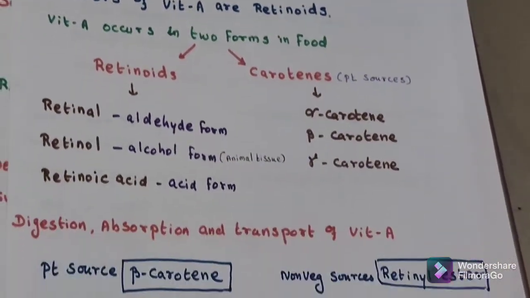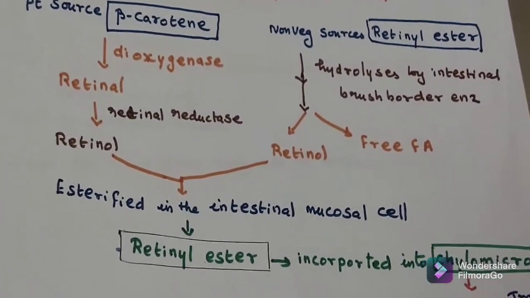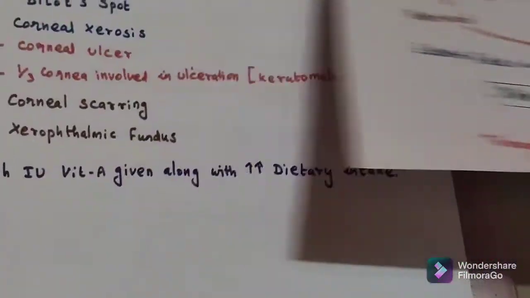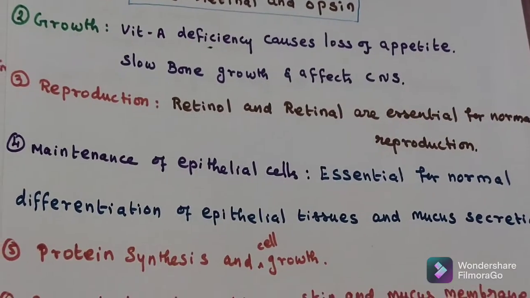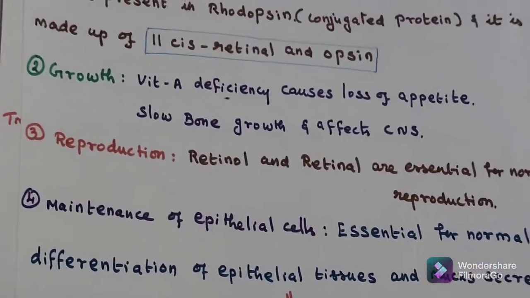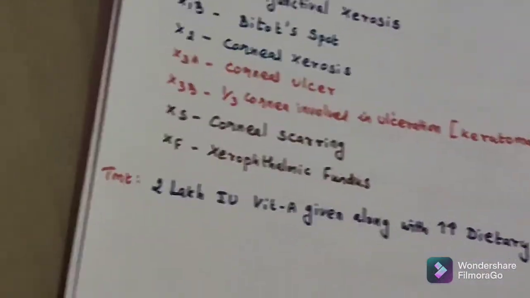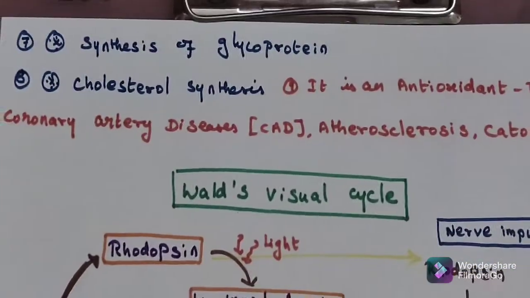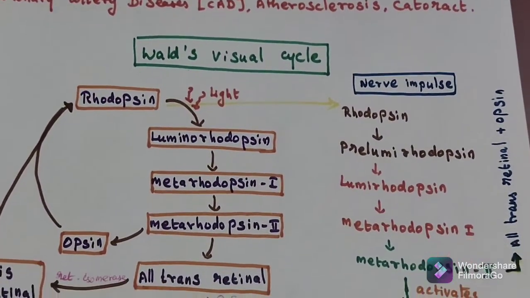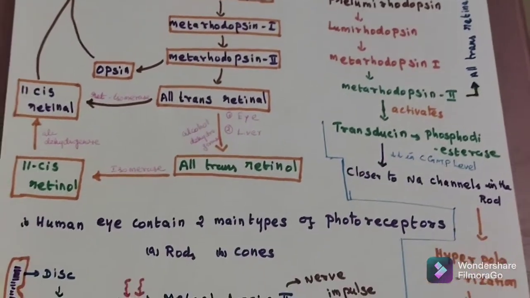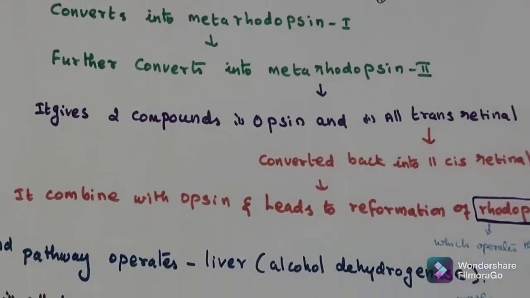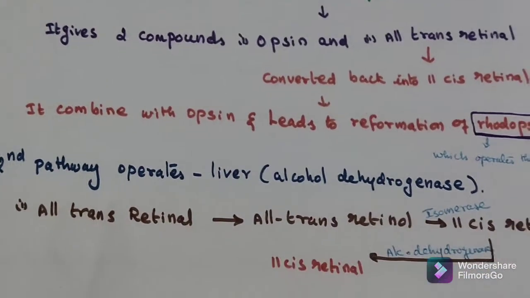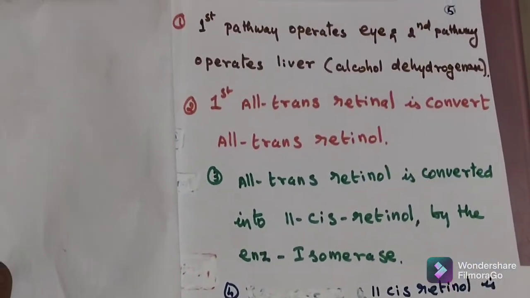First page, vitamin A notes format. Second page, third page, Wald's visual cycle and nerve impulse together. Fourth page, fifth page,